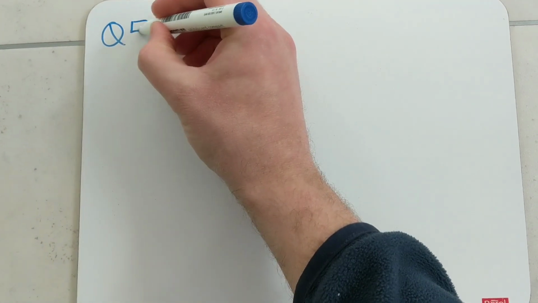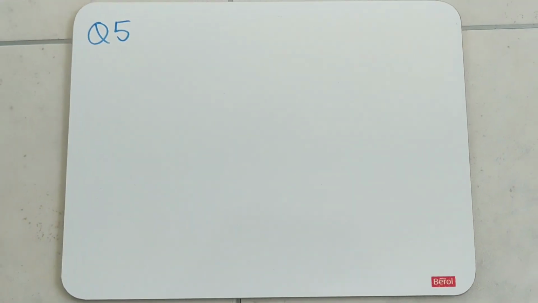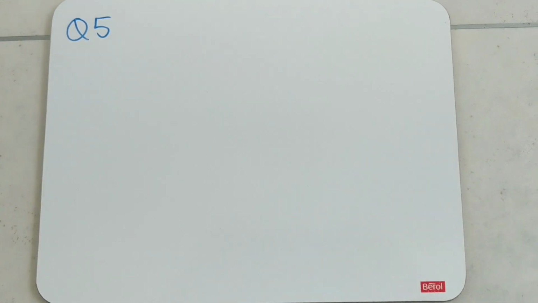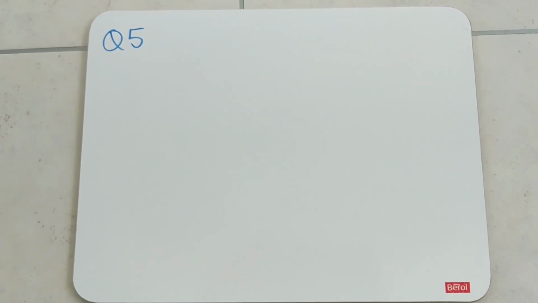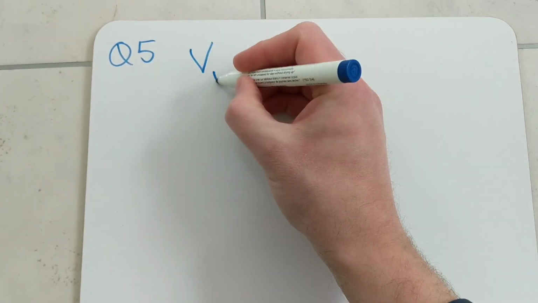Okay folks, question 5 coming up now. So question 5 was the pyramid question. Pyramid question had a square base pyramid. So you had to read the question carefully to find the length of the square base to then get the area of it. Because the volume of a pyramid